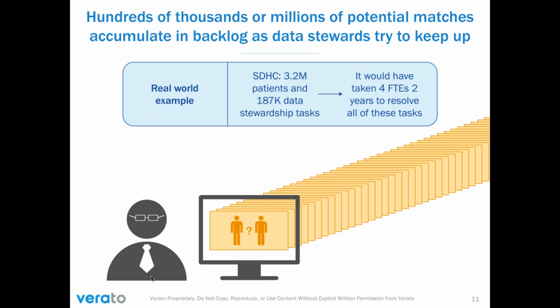And that's what we see happen very often: the size of this gray area, the size of these work lists, often ends up being much bigger than organizations think they're going to be. You think when you go to implement an MPI that 90% of the work is going to be done for you automatically. And what ends up happening is that maybe 30% of the resolutions end up in this queue. And it just gets to be way bigger than you have resources to manage.